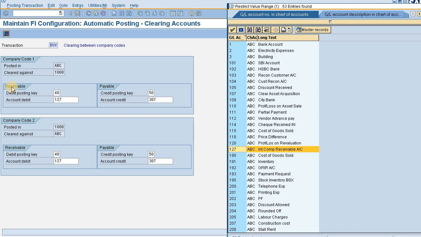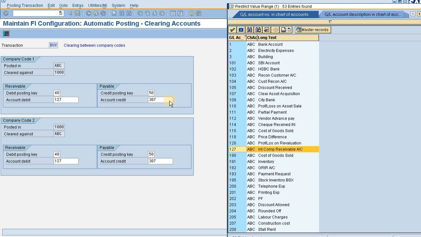Now receivable and payable, there are two sections. In receivable, obviously the intercompany receivable will be mapped. In payable, obviously the intercompany payable would be mapped. That's a simple concept. Everyone can understand.